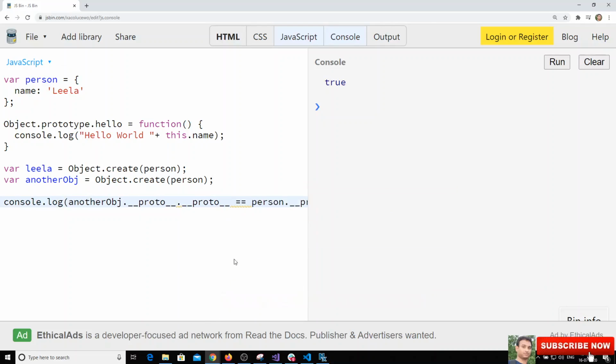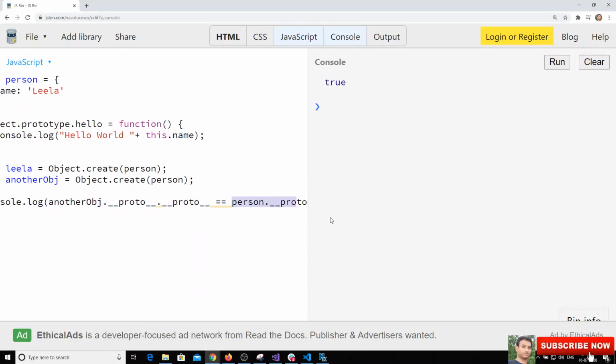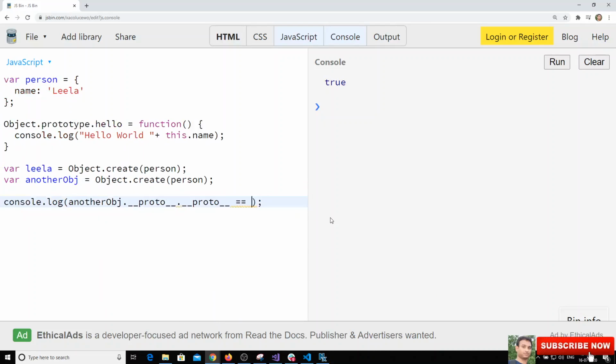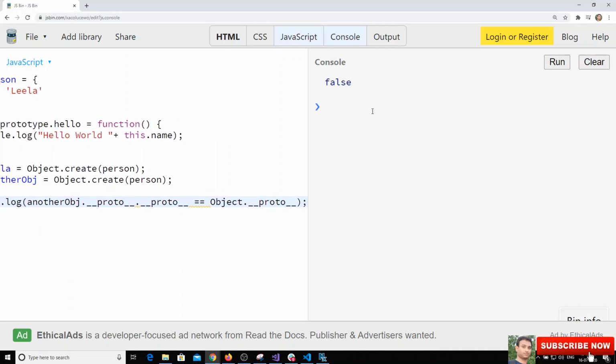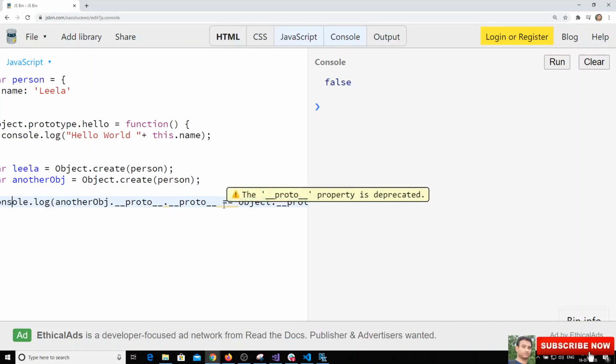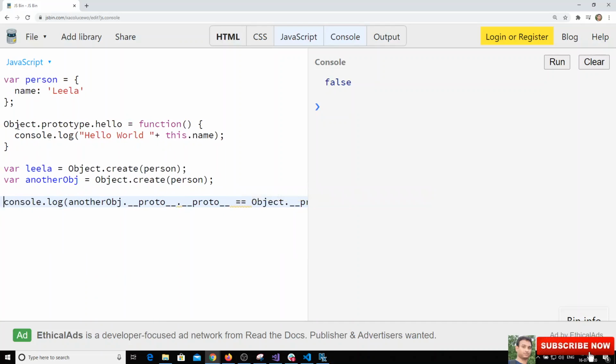For example, here we can directly write object, or otherwise like that. Sorry, object's proto we need to check. Object will have so many properties, and we have created the object prototype.